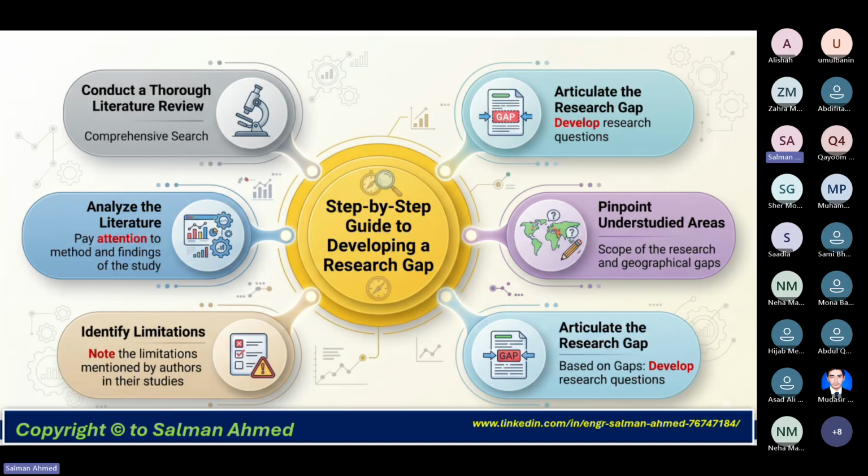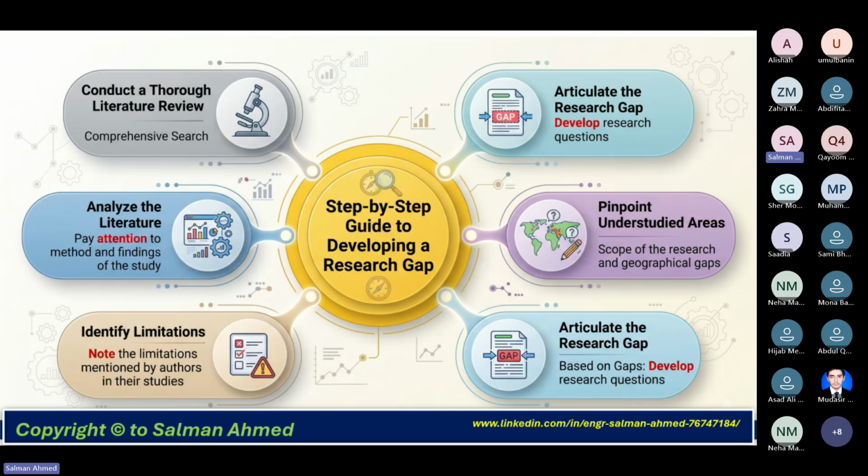The fourth thing is to articulate the research gap and develop research gap questions. When you read and study the articles, find some questions for yourself. What are the research questions arising in your mind? Obviously, on those questions, you will be working for solutions.